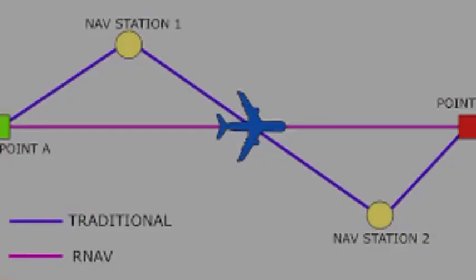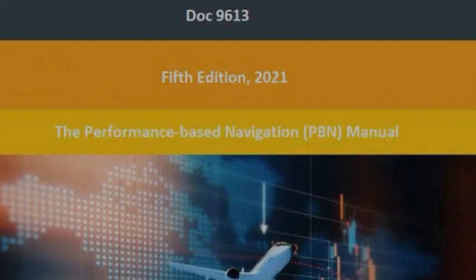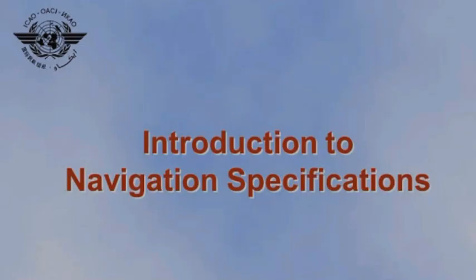In general, PBN or performance-based navigation ensures a global standardization of the RNAV and RNP. PBN is related to the area navigation or RNAV. ICAO has published a PBN manual under the specification of document 9613. So if you search on the ICAO web and find the manual, the PDF in fact, and download